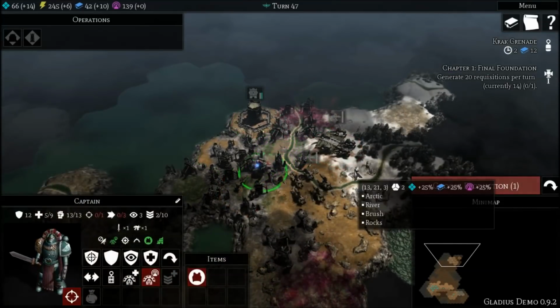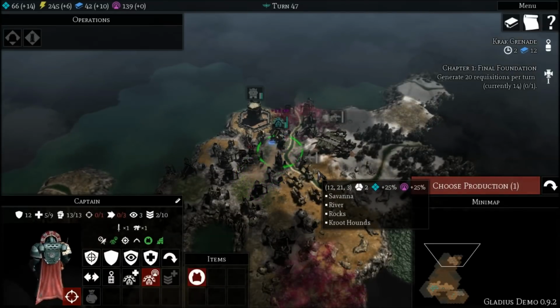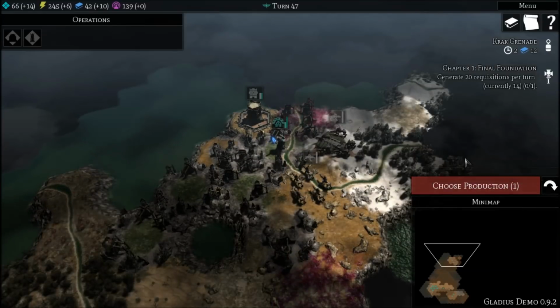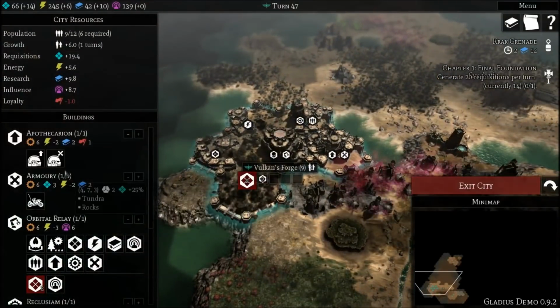Right, well, get rid of them. Down they go. And if he levels up, that would be really useful, because I can give him more attacks. Down here,